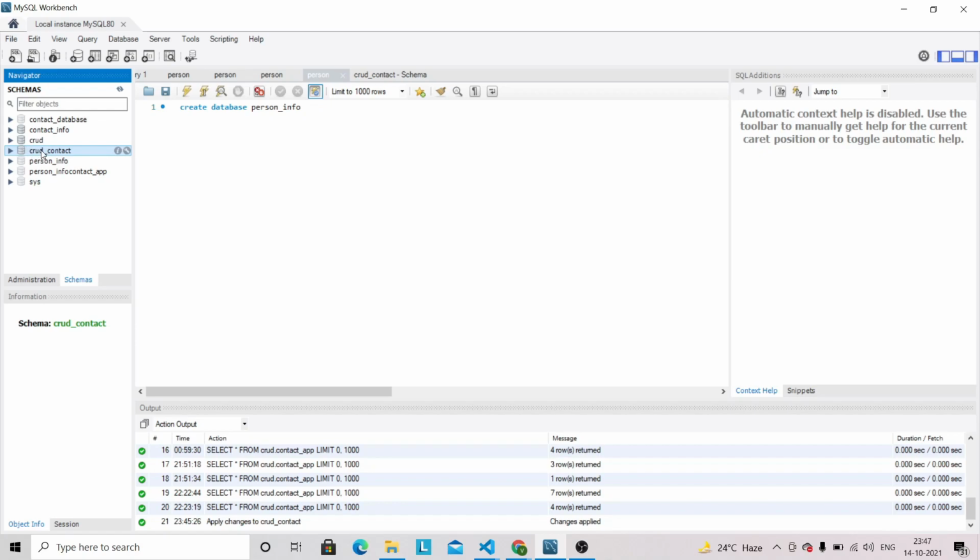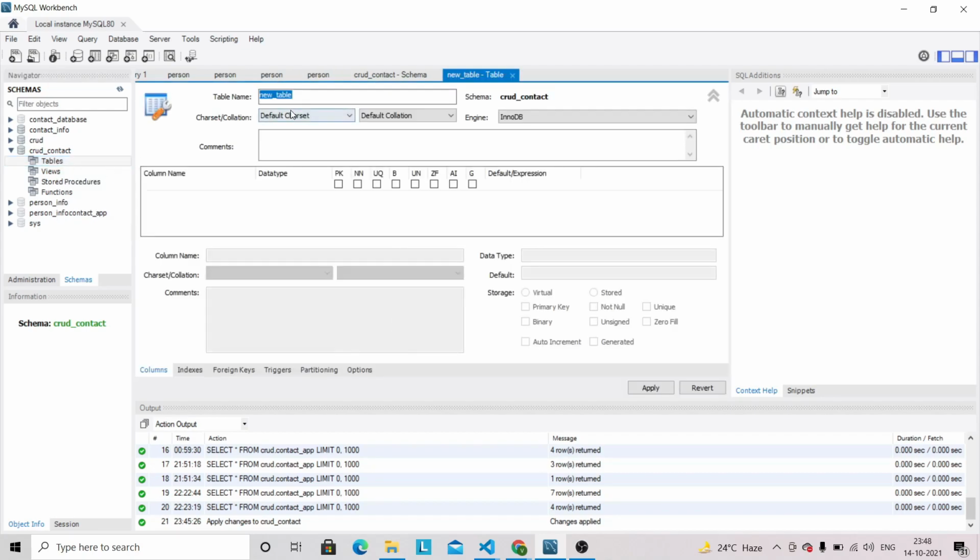So now we have to create a table. I'll expand this, do a right click here, and create a table. This will be contact_db. The first column will be id.